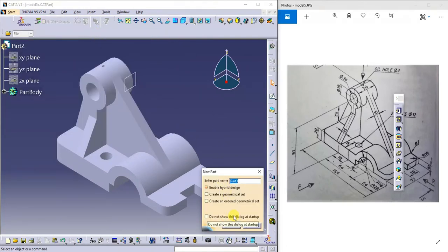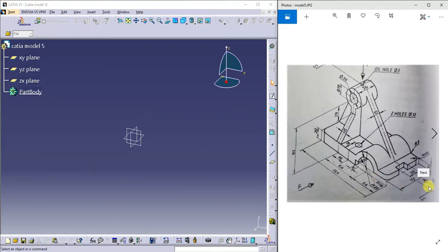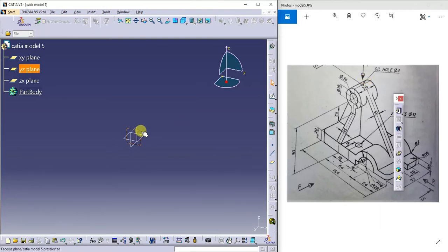I'll save this as a CATIA model 5. This is a front view, this is a side view, and this is a top view. You can select any plane, that is the left view. I'll select this plane.